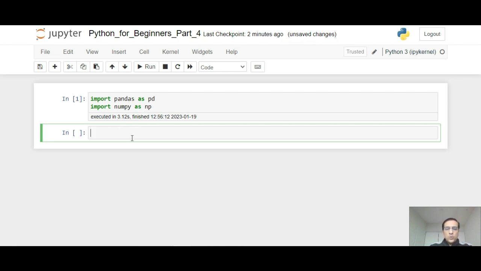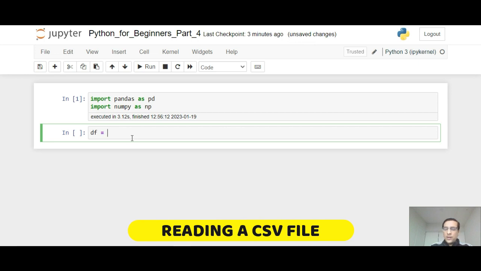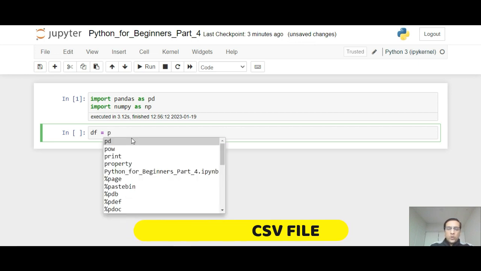So the first thing we do is to import the data. Now our data is in a CSV file, right? So let me create an object called data frame. You can create a Pandas data frame. Remember from our last session that it's kind of a table where you store the data, right? So I'm calling this object df, which is nothing but a short form of data frame. You can put any object name there,